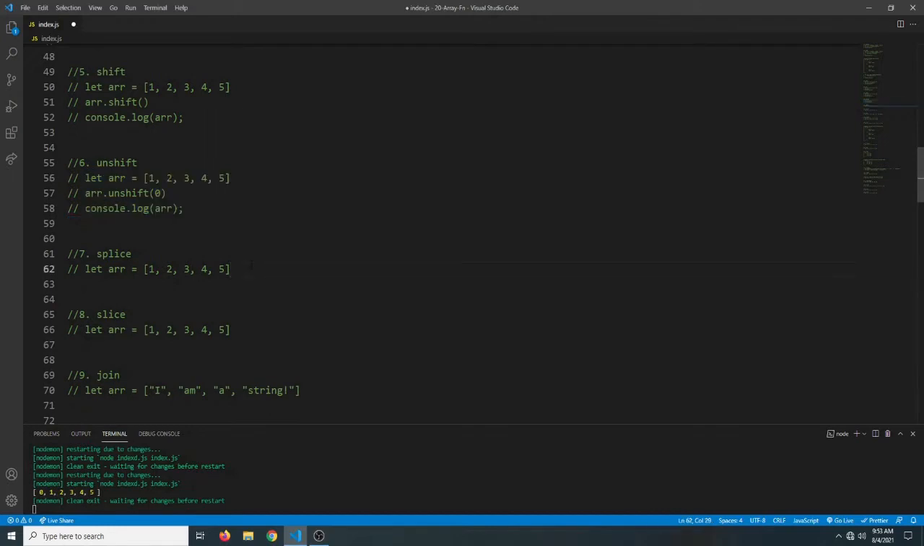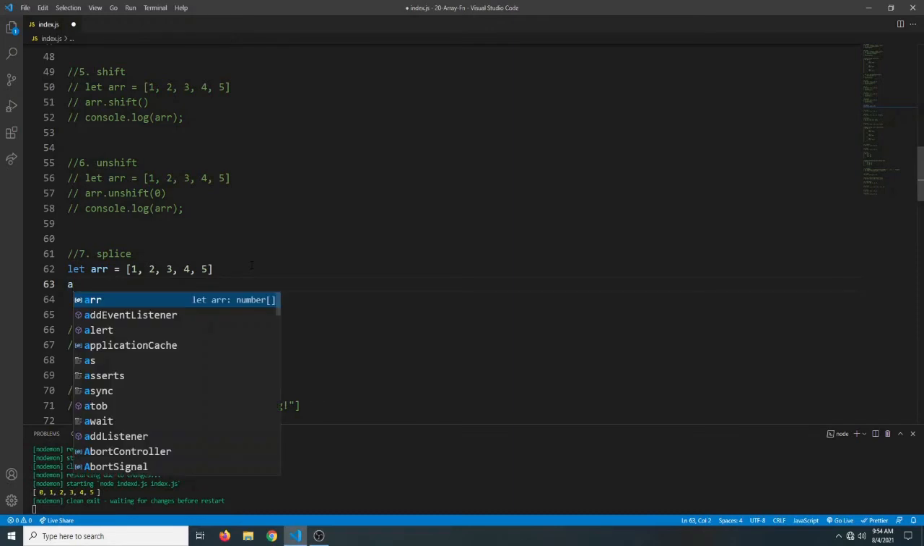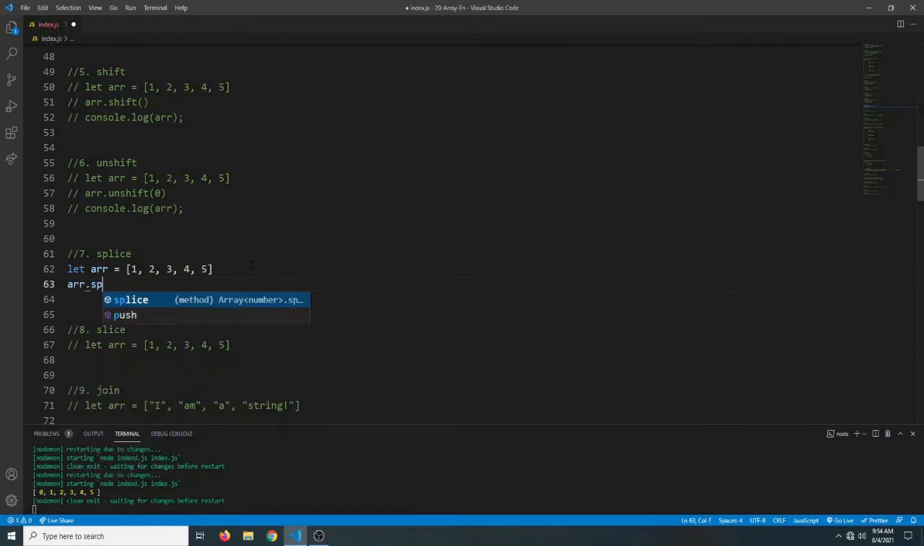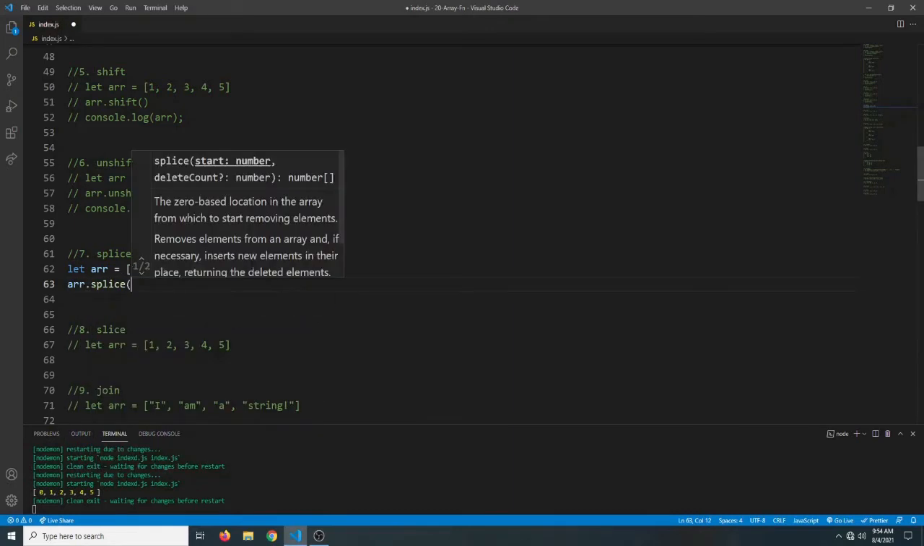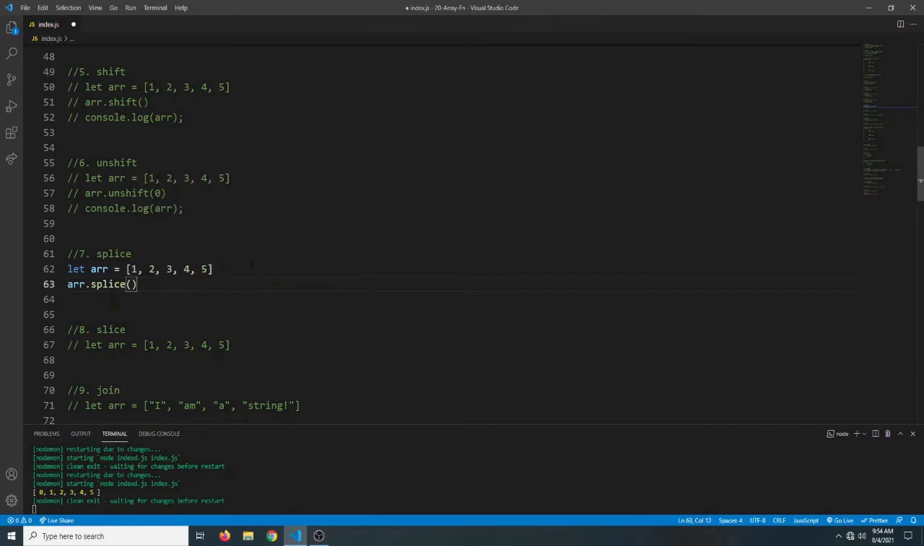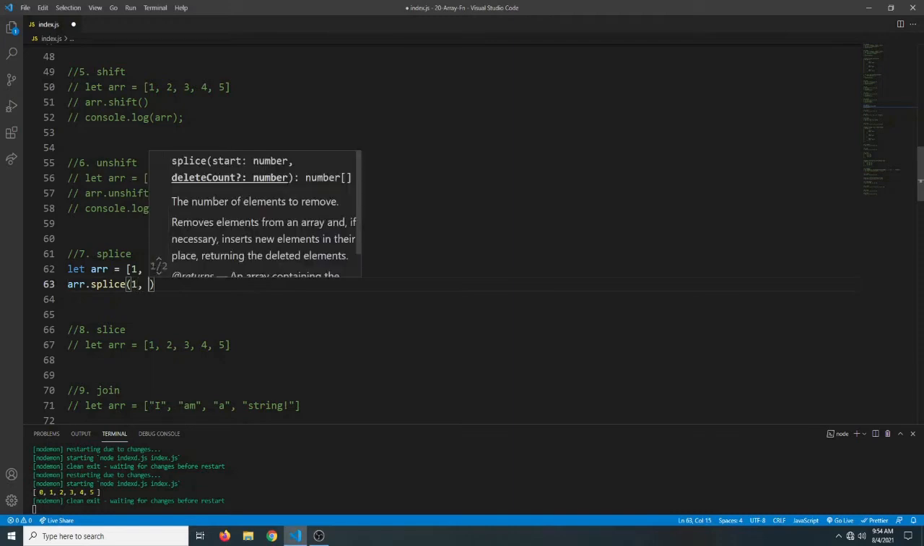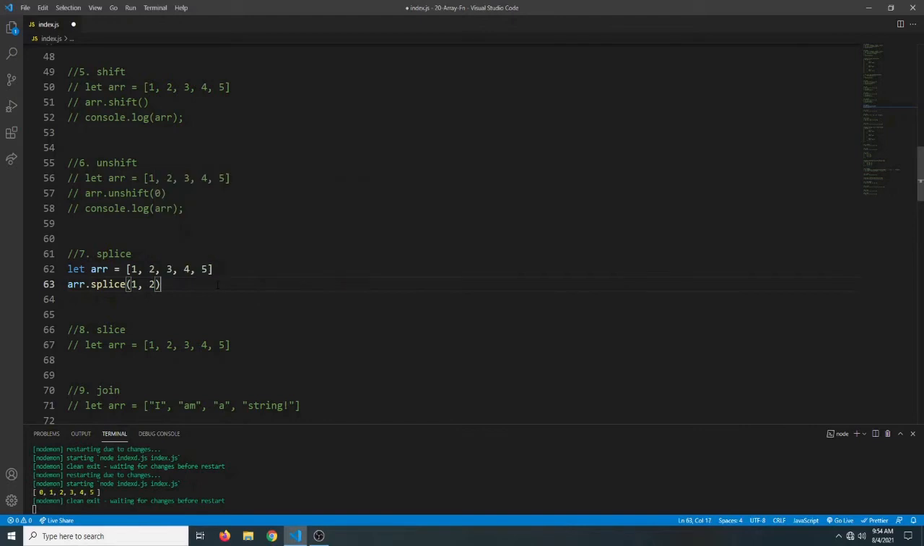Splice. While push, pop, shift, and unshift are used to add or remove elements at the beginning or end of an array, we can use the splice function to add an element anywhere in the array or remove it. So let's see how it works. We can say array.splice. The first one is the index, the starting index. So let's say 1, we are gonna start here, and then the number of elements. So if we say 2, and now if we log this,